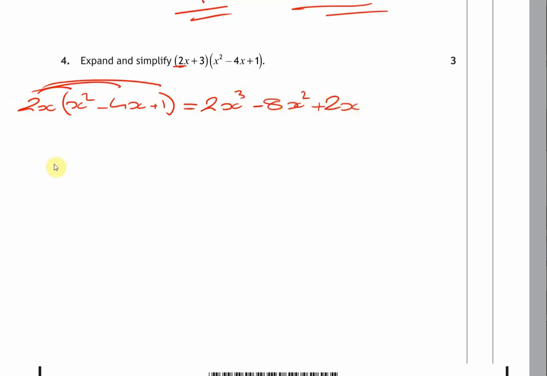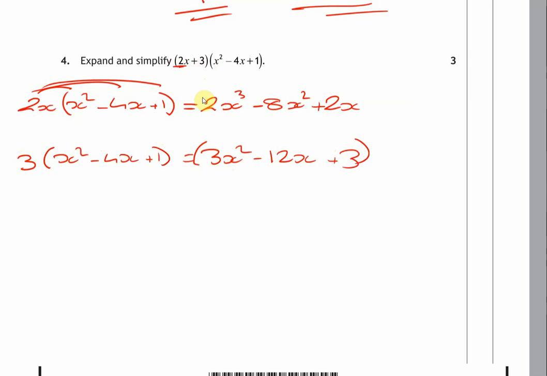2x. Then what we will have is we'll do the 3 this time, so we'll have 3 multiplied by x squared minus 4x plus 1. So that will give us 3x squared minus 12x plus 3. So now what we'll do is we will add these 2 new equations together because it's add in here. So we'll do our 2x cubed minus 8x squared plus 2x plus, and then I'm going to put this in